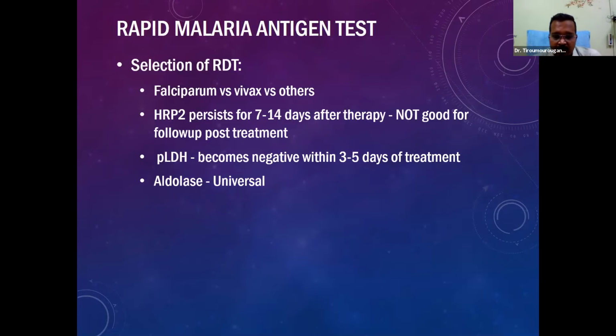And that is very relevant for us in the treatment. So that is why even after an RDT, we still have to send for peripheral smear, at least somebody else to tell us what is the type of malaria this child is infected from. Okay. So among all the tests which we look at, if you want to look for a proof of cure, LDH is pretty good. Aldolase is good for initial pickup, and HRP2 is mainly for picking up Plasmodium falciparum.